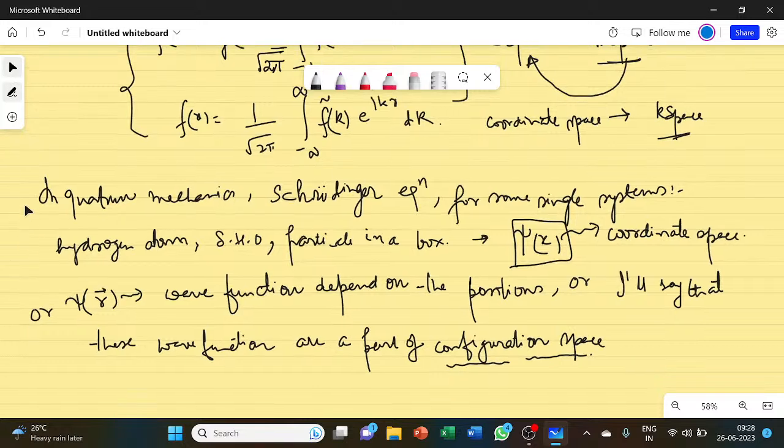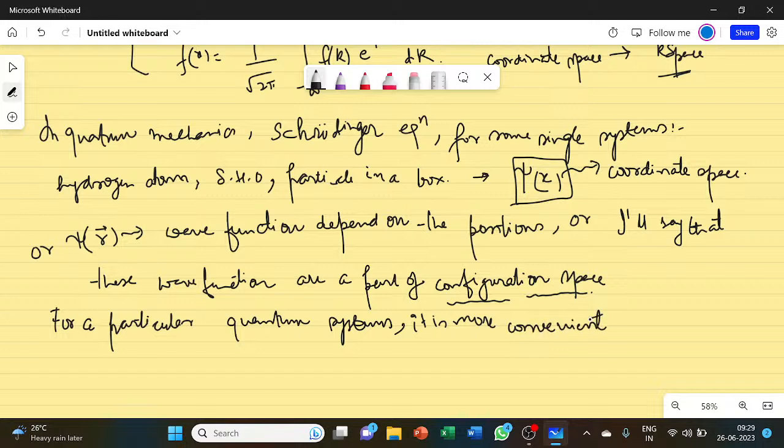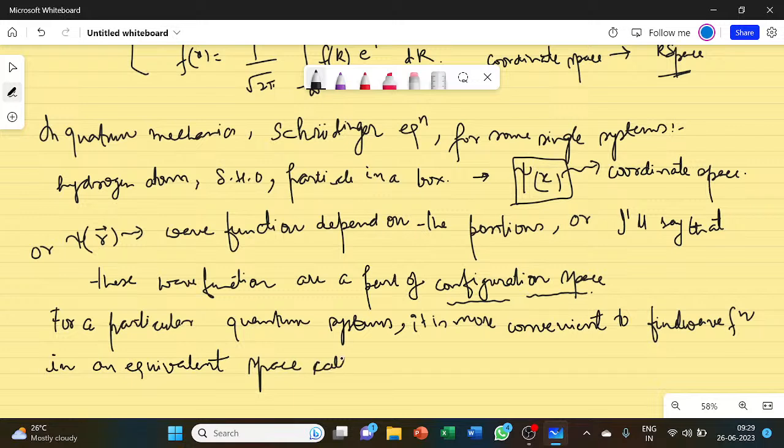Okay, and now understand, for particular quantum mechanical systems it is more preferred to work in momentum space. It is more convenient to solve the Schrodinger equation, or to find the wave function, in an equivalent space called momentum space. So you have to transform your wave function from coordinate space or configuration space into the momentum